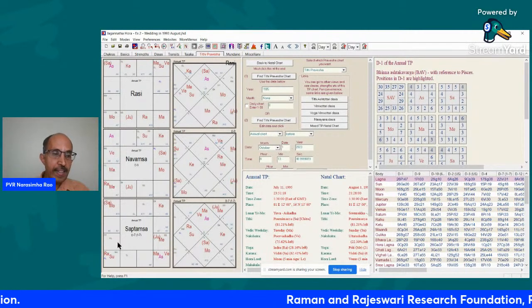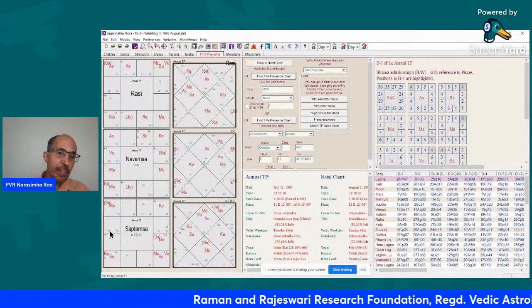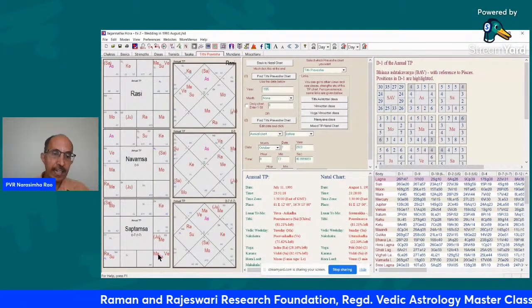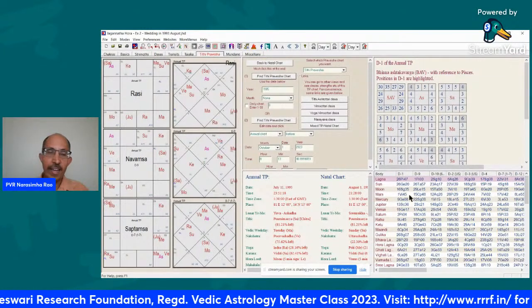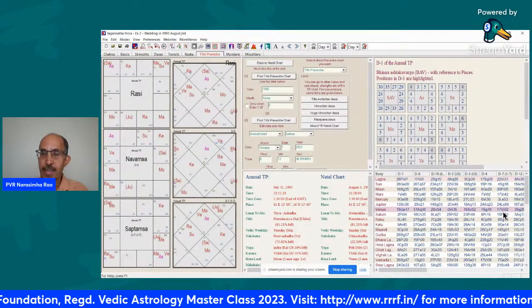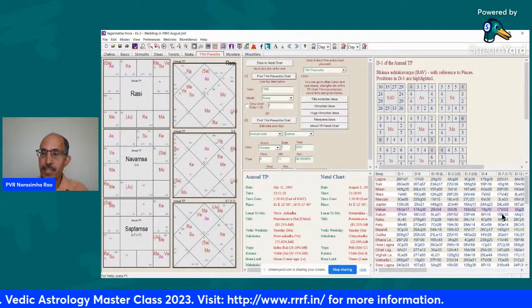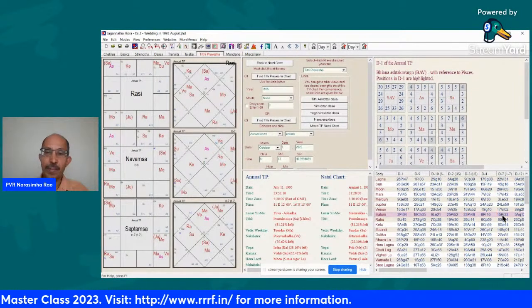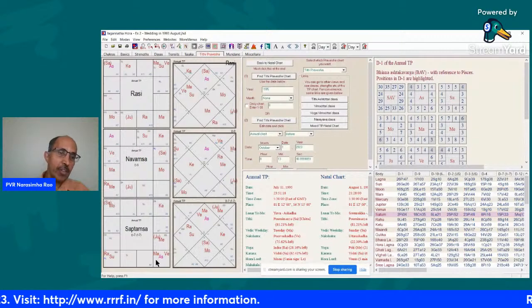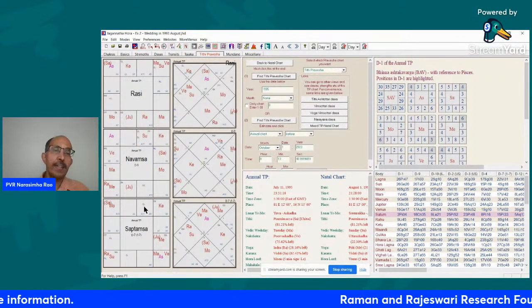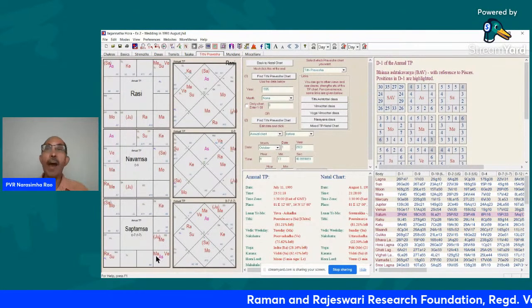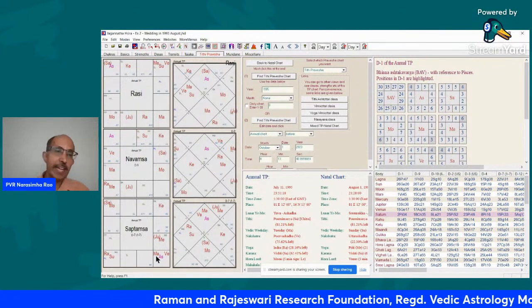So Mercury, the Lagna Lord, is in the 11th house, aspecting the 5th house, and the 5th Lord Saturn is aspecting the Lagna, and the 9th Lord Venus is in Lagna. Actually, he's within 5 degrees from the Lagna. And if you look at the longitudes, Venus and Saturn are very close, within about 1.5 degrees. So there is a yoga between the fifth Lord Saturn and the ninth Lord Venus. There is a Samsaptaka on the Lagna axis. So that is basically conducive to